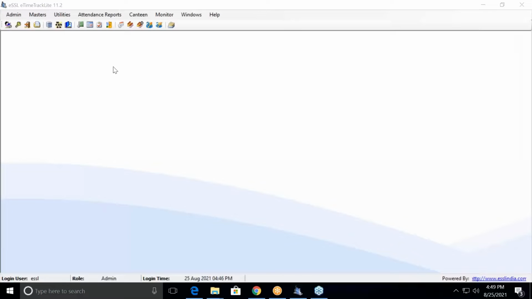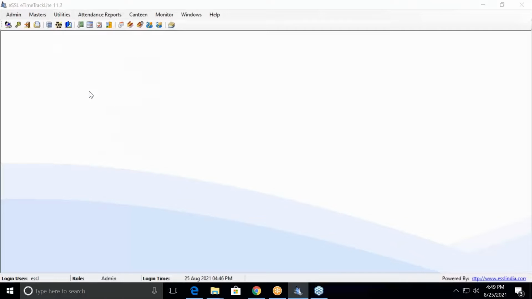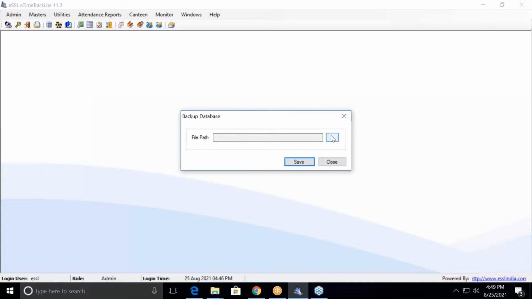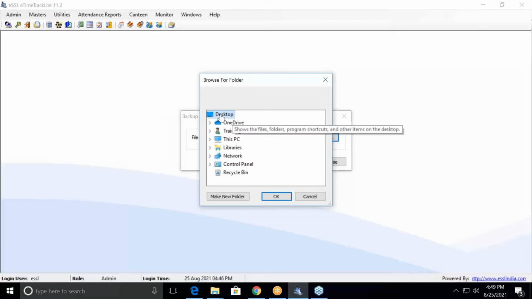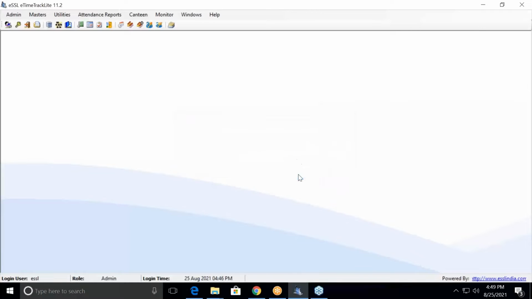To back up the database, we have to go to utilities. In the utilities, you have an option called backup database. Once you click on that, it is going to ask you for the path. You need to give the path and say OK and say save. Once you save the database,